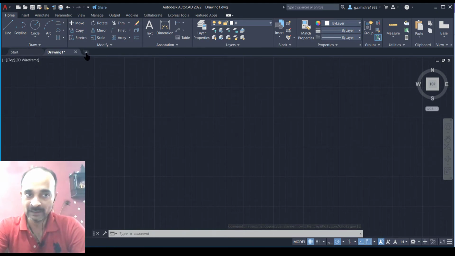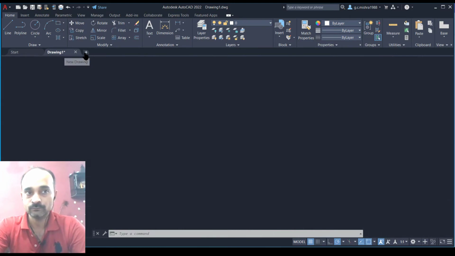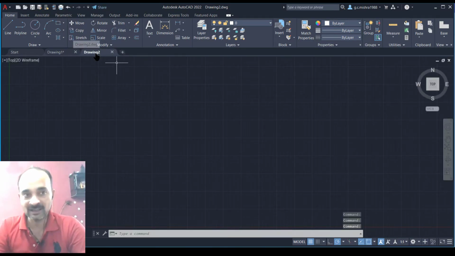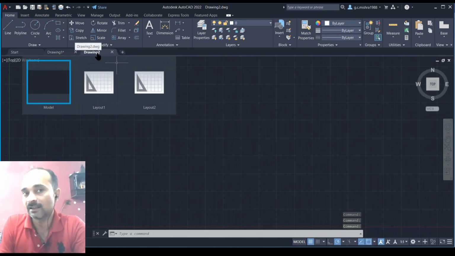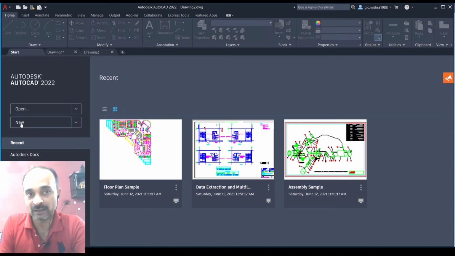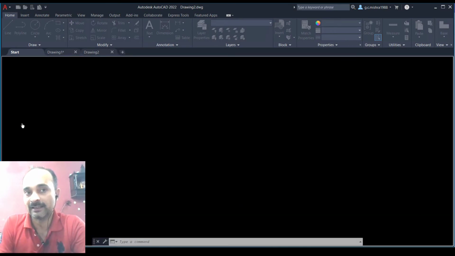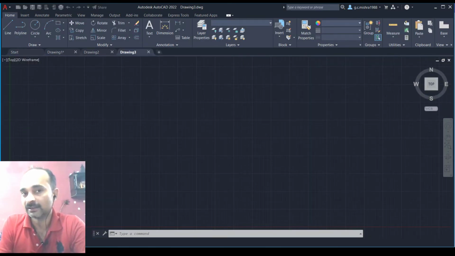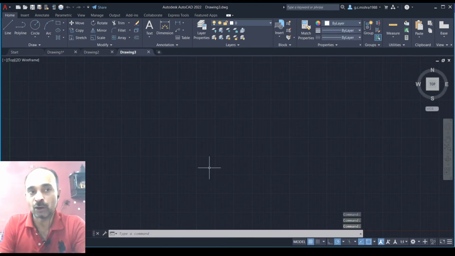Using the AutoCAD menu, you can create a new drawing, open, save. You can use the quick access menu to create new and save. You can also click on the tabs, where a plus button exists; click plus, and a new drawing will appear. You can create a new drawing from the start tab also.